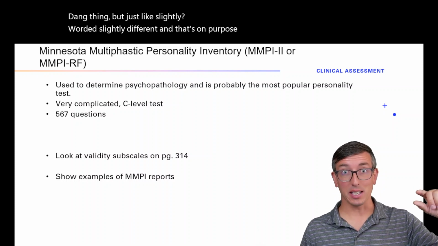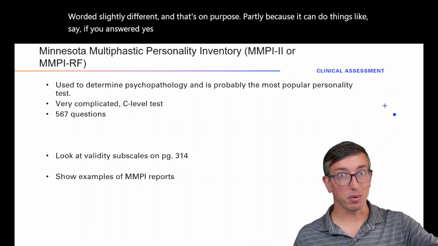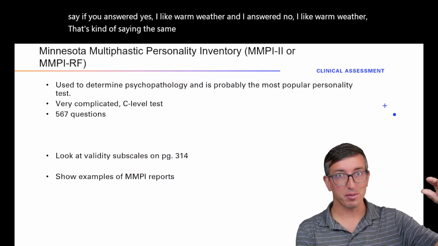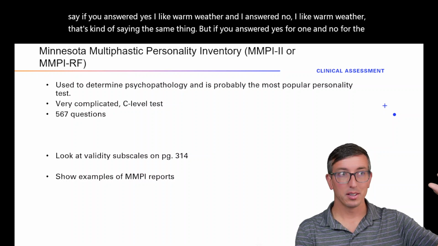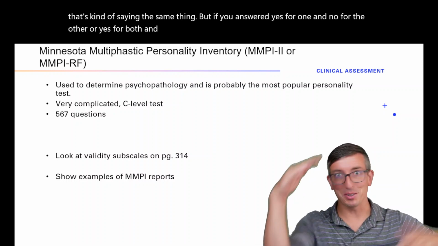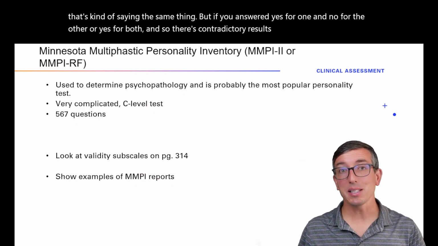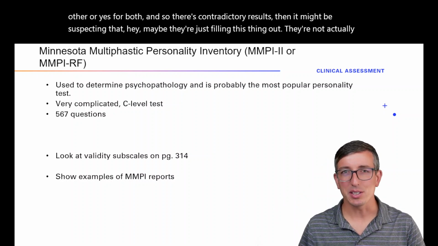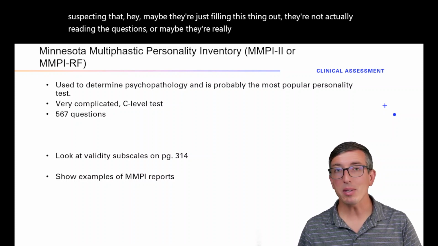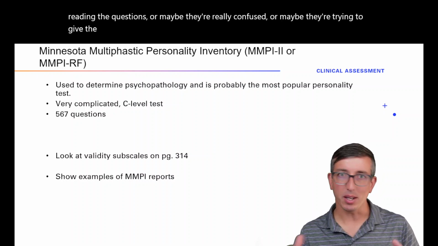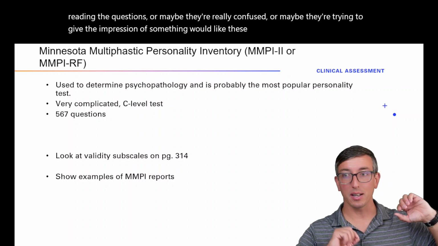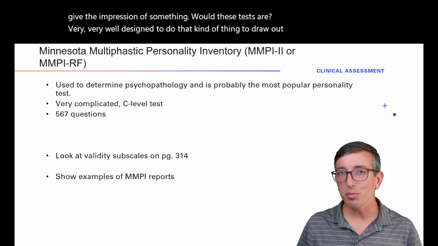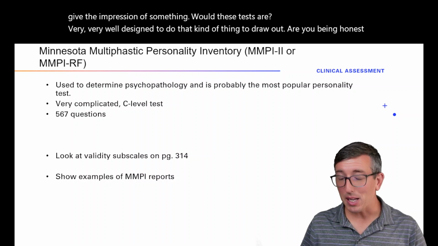Partly because if I answered yes, I like warm weather, and you answered no, I like warm weather, that's kind of saying the same thing. But if you answered yes for one and no for the other, so there are contradictory results, then it might suggest that maybe they're just filling this out and not actually reading the questions, or maybe they're really confused, or maybe they're trying to give the impression of something. These tests are very well designed to draw out whether you are being honest. And sometimes